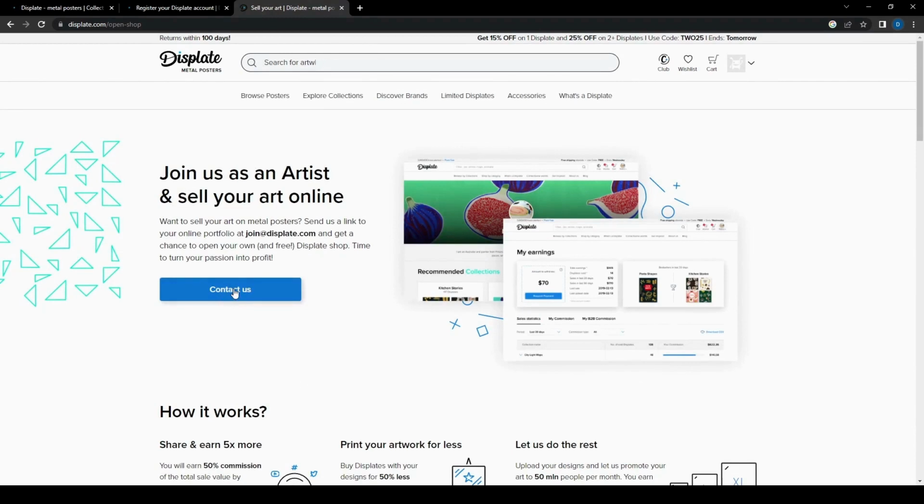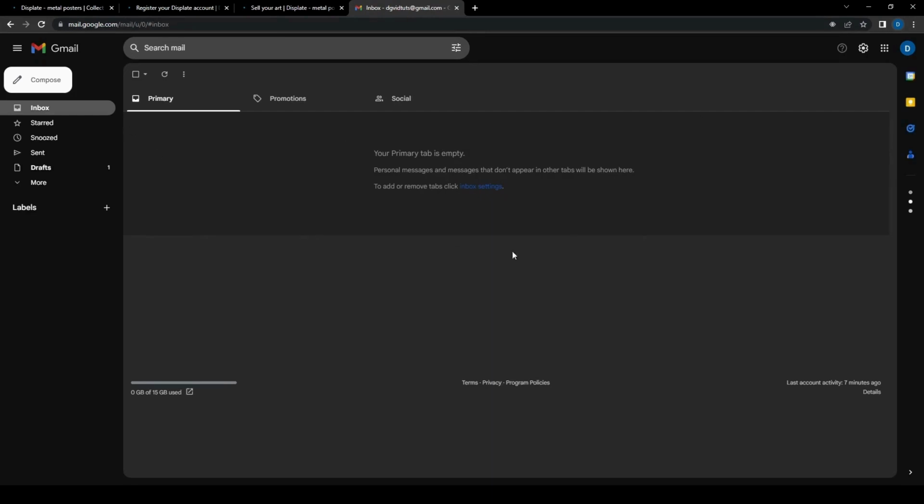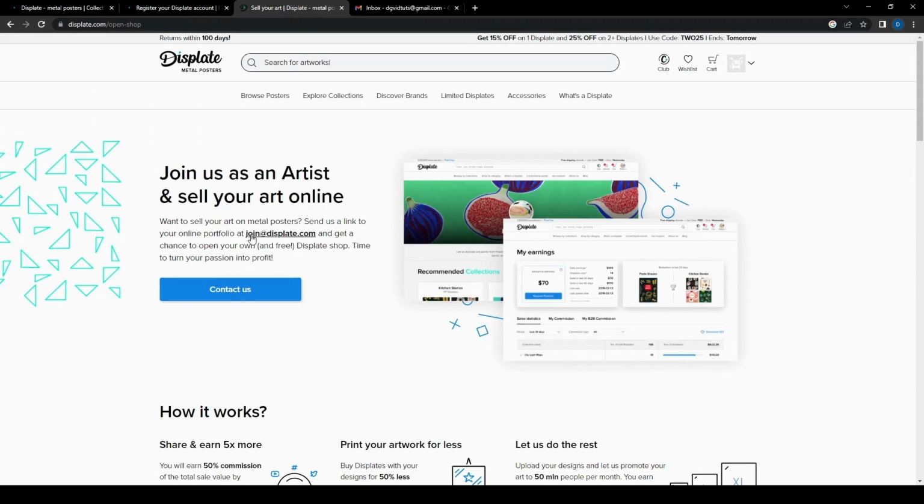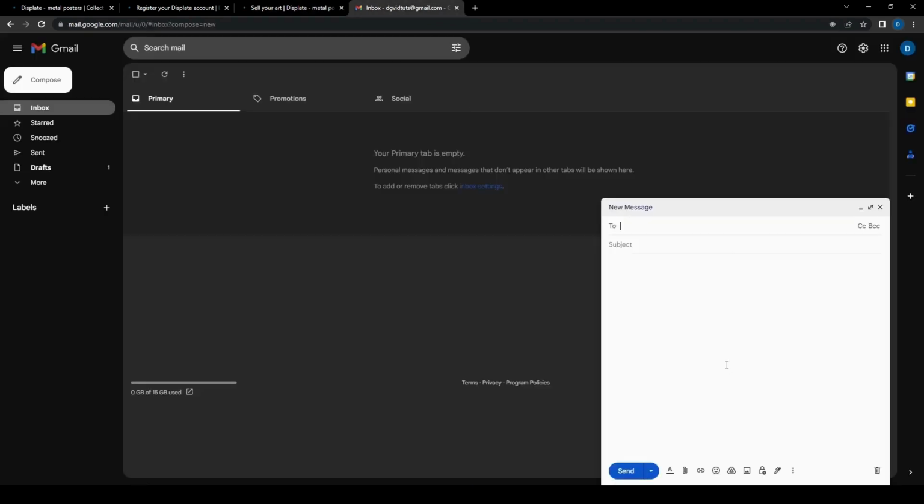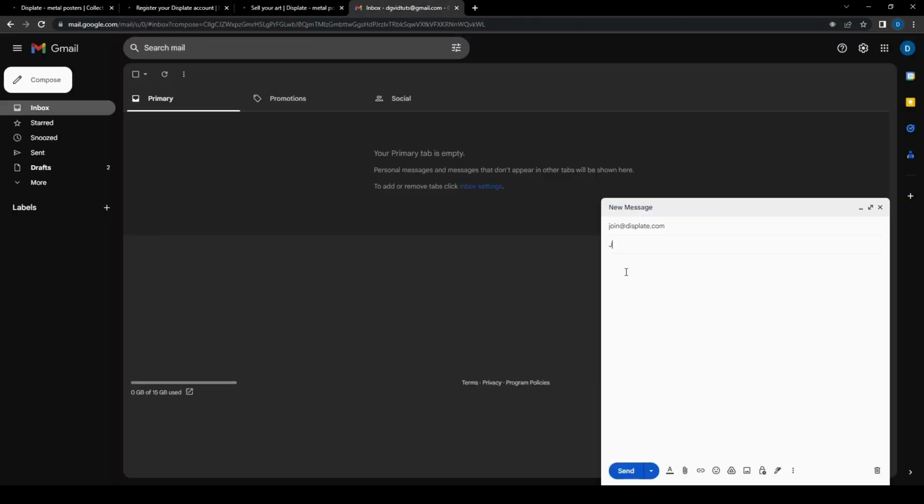But now let's try and contact them to see how we can set up our own store. First, you will need to email them. So let's write an email here and compose. Let's copy this one, which is the email, so you can send your portfolio to them, and just paste that there. And then the subject, which is: how to join as an artist